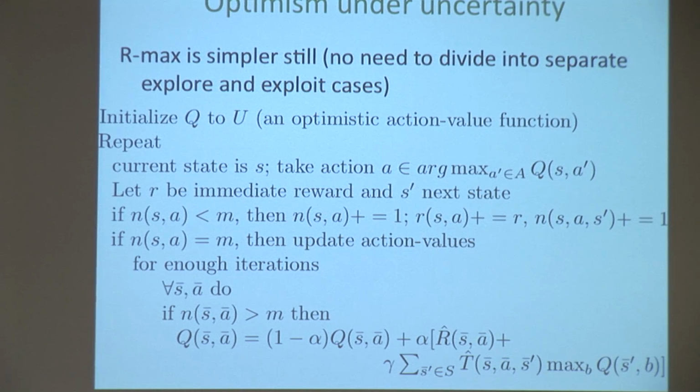So M grows with 1 over epsilon, 1 over delta, and that's to be expected. And then you do the update. Your T hat and R hat, your estimated models, are close to accurate. You started optimistically, and with high probability you remain optimistic. So very similar to delayed Q-learning, except you're building a model. Okay, and you can prove the same PAC style result for this algorithm as one does for E cubed and for